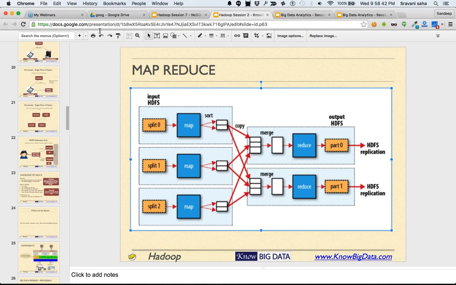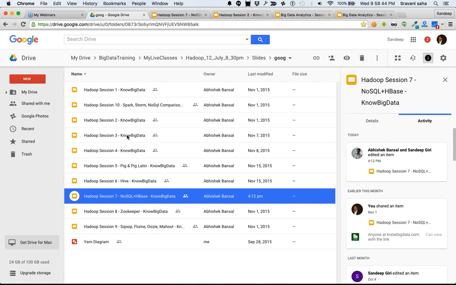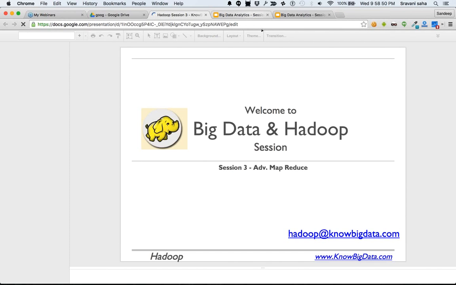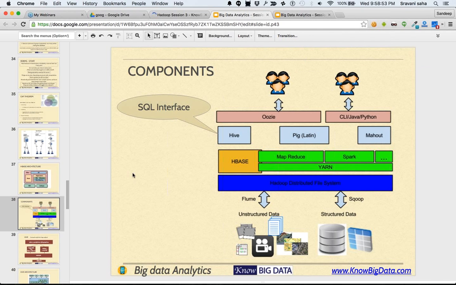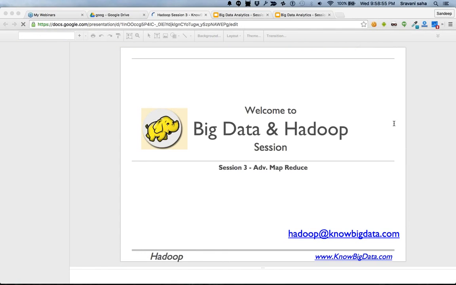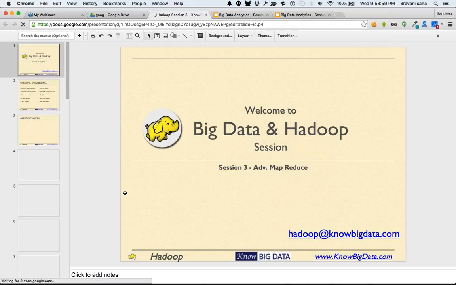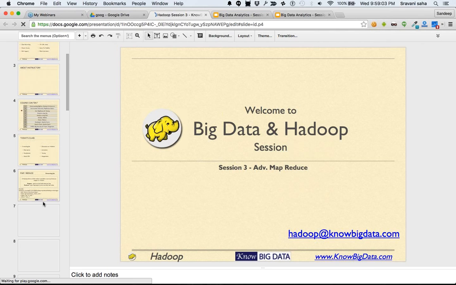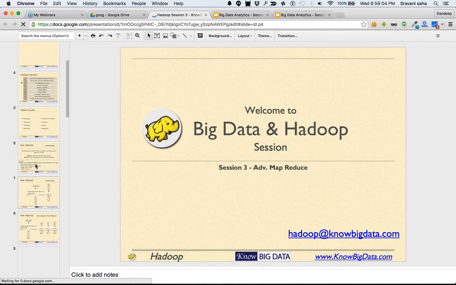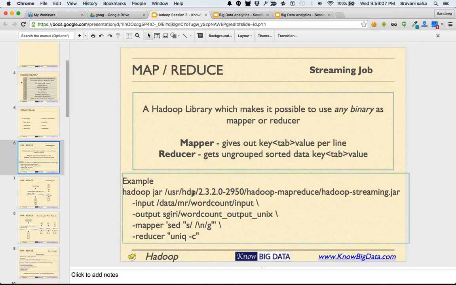Just give me a second. Since the cluster has changed, the commands have changed a bit.